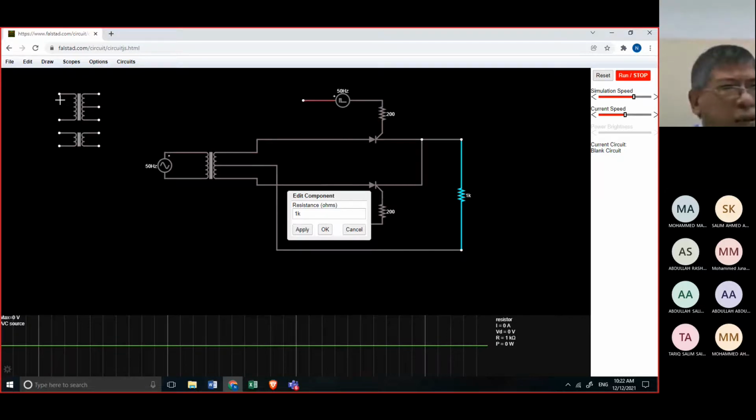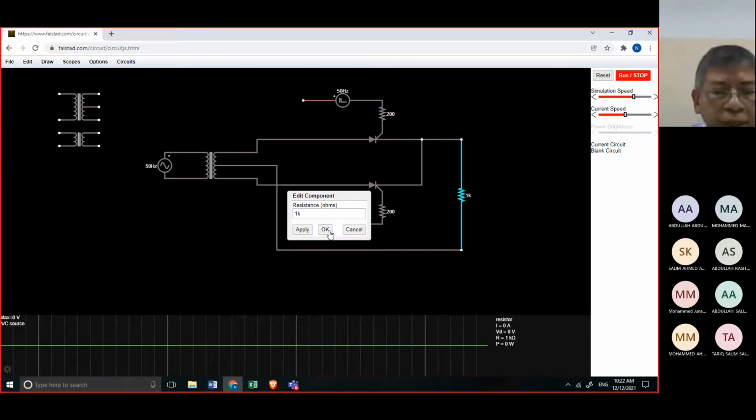For example, calculation of the firing angle, and then what is that firing angle in reality. I want to show you also that I have about a 5 minute video presentation after this Falstad, so that you will appreciate also how to compute or calculate it. Okay, so you will see the importance, the beauty of this full wave controlled rectifier.